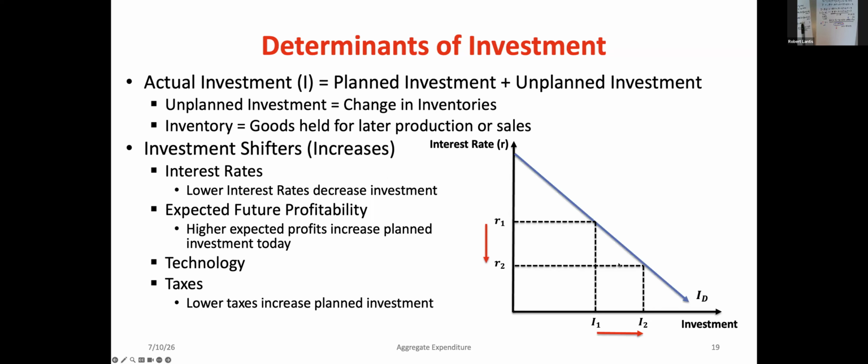Right? I can think about any time my real interest rate, just to kind of connect this to here, if my real interest rate is lower, I'm actually going to,